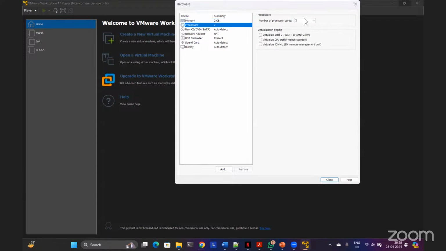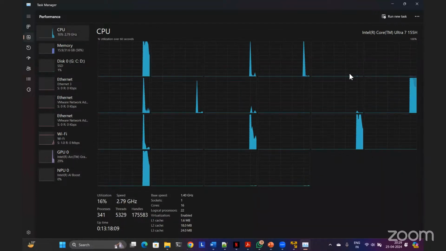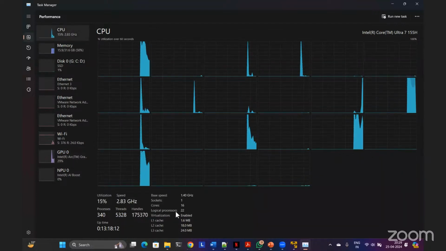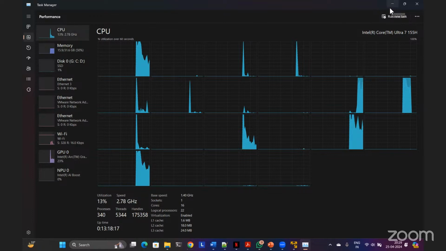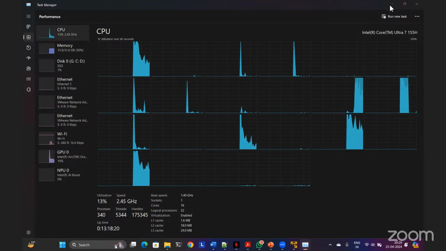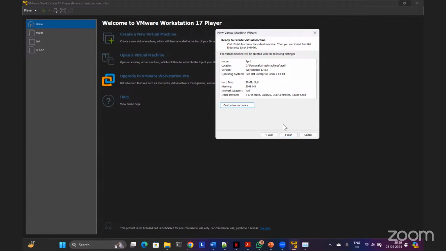Processors, 2 is more than enough. Okay, but if you're having a latest generation laptop, you will be having, I think, 12 virtual processors or 16 virtual processors. Like you see in my case, I have 22 virtual processors. So in the task manager, you go to performance and then CPU, count how many boxes are there, or just read logical processors 22. So I can easily allocate two. Two is nothing. I have 20 remaining working for operating system Windows, right? So see, for my machine, it's fine. And then you have to finish this. Click on finish.